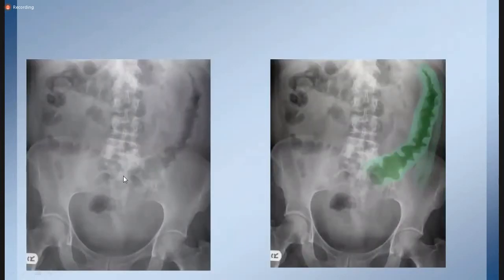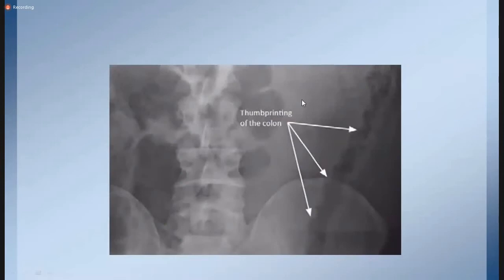So here we have an abdominal X-ray demonstrating thick walled large bowel loop to the left of midline, that is descending colon, with thickened haustrations giving thumb printing appearance. So this thumb printing is usually seen in any infectious or inflammatory etiology of the bowel, large bowel. So here again the thumb printing is demonstrated. There are thickened haustrations with thickened irregular walls.